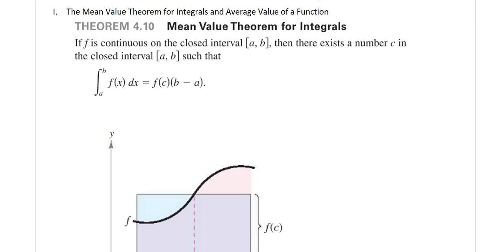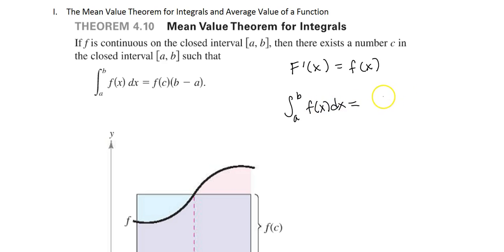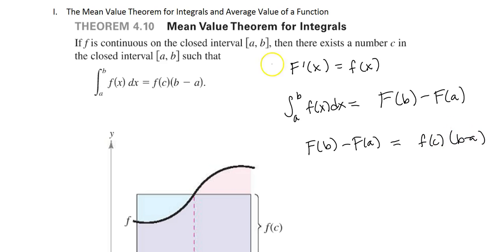So this is actually equivalent to the mean value theorem for derivatives that we learned. If you consider a capital F where F prime of x is equal to little f of x, then the integral from a to b of little f of x dx would be F of b minus F of a. And if we set that F of b minus F of a equal to the version we have over here, little f of c times b minus a,